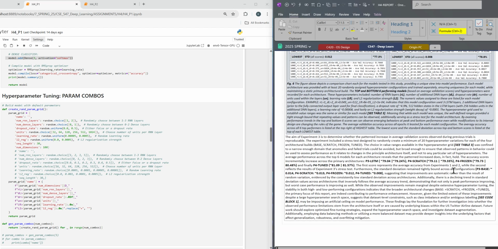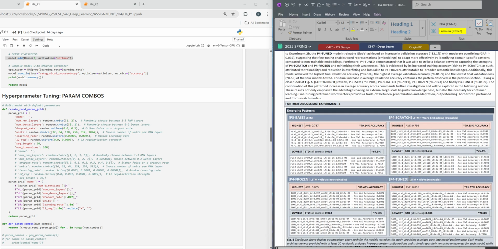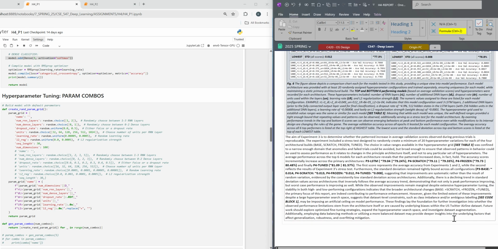And the primary architecture I'm referring to as the base, scratch, frozen, and tuned. And the hyperparameters are these that I've discussed here. And so I wanted to see if hyperparameters are responsible for the changes, or the base architectural builds are responsible for the changes, and